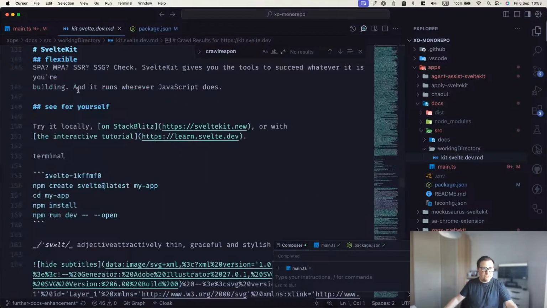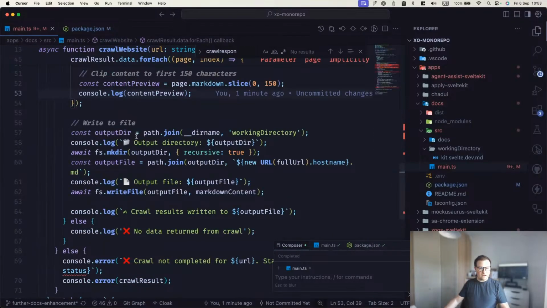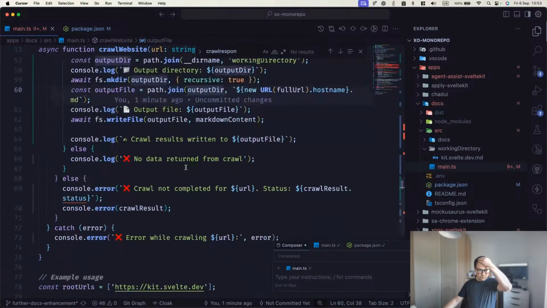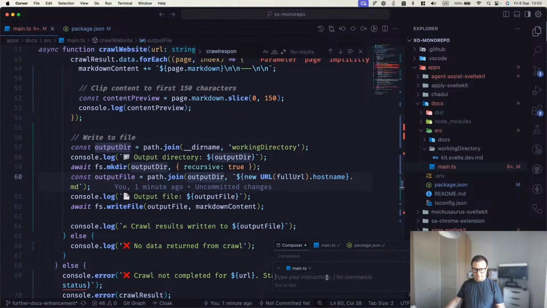So to do that, I think I want to, what do I want to do? Let's ask Cursor to pull this out to a